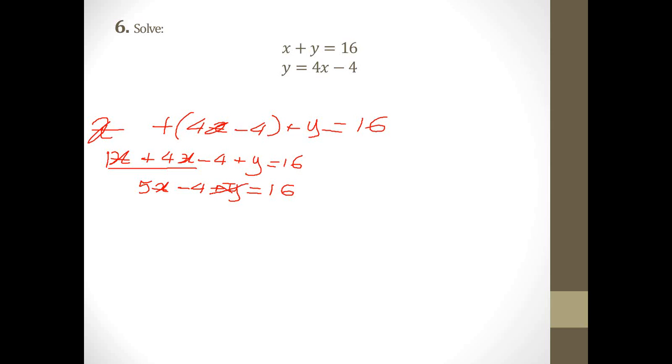Okay, I'm sorry. I guess I'm nervous. There's no y here. Yes, I shouldn't have y because I substituted the y for 4x minus 4. I'm sorry. So I should only have the 5x